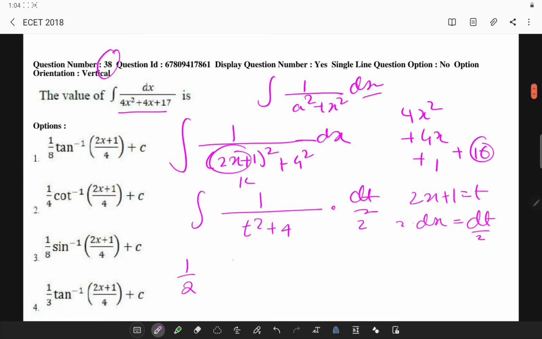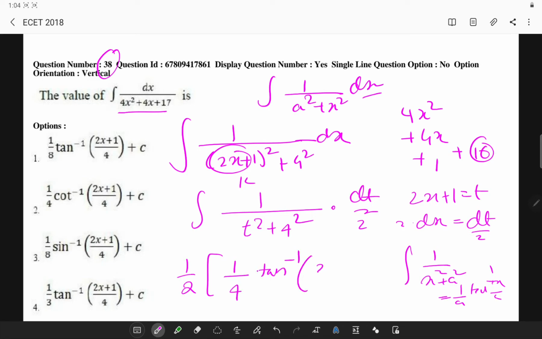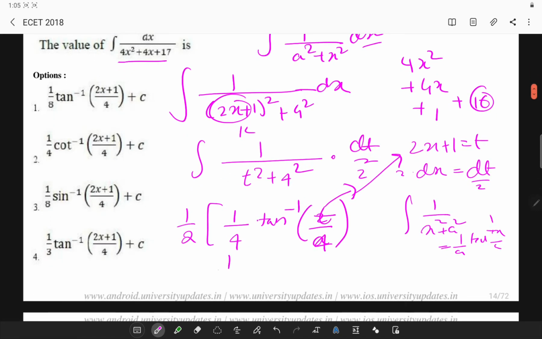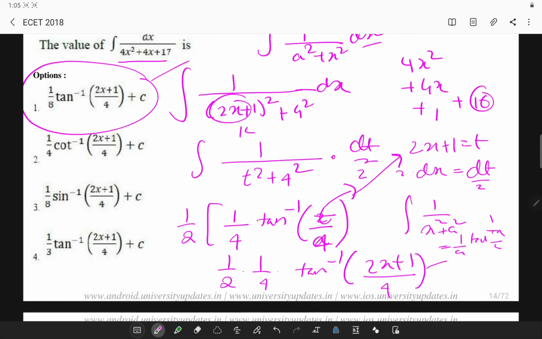So 1 by 2 into the integral of 1 by x square plus a square, which is equal to 1 by a into tan inverse x by a. If I use that particular formula, I'll be left with 1 by 4 into tan inverse t by a. The value of a is 4. If I substitute t as this, I'll be left with 1 by 2 into 1 by 4 into tan inverse of 2x plus 1 divided by 4. This is your option number